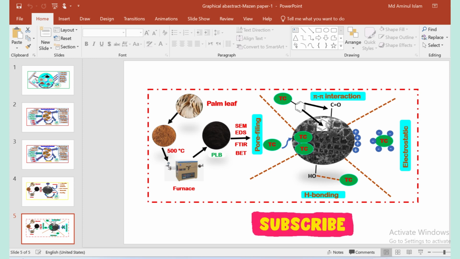However, making a graphical abstract needs time and effort. So, in order to save your time, I would like to show you several softwares that you can easily use for your graphical abstract. The first one is